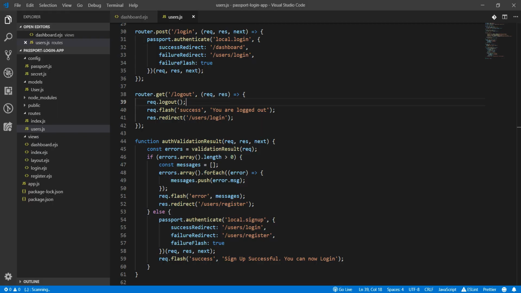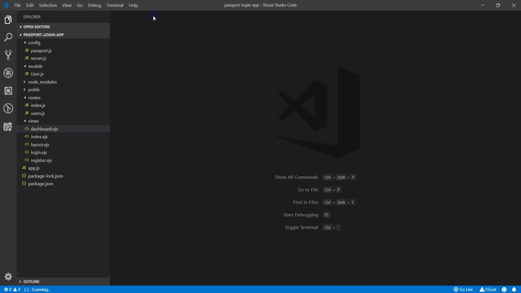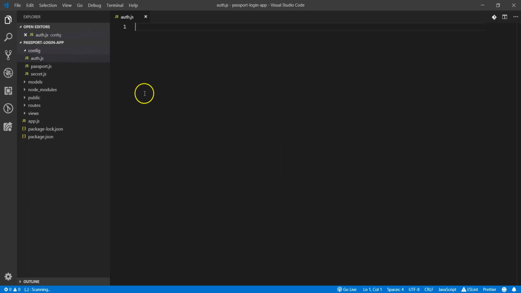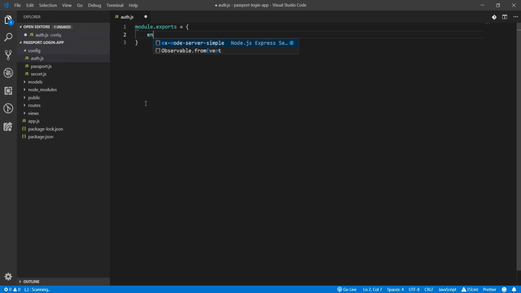Now to do that is very easy. Passport makes available a method called isAuthenticated. Then we can use that method to check. So inside our config folder, I'm going to create a new file. I'll call it auth.js. Now I'm going to create a method, but I'll use module.exports so that we can use it outside of this file. And I'll call it ensureAuthenticated